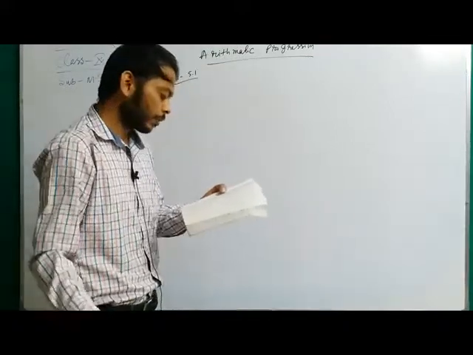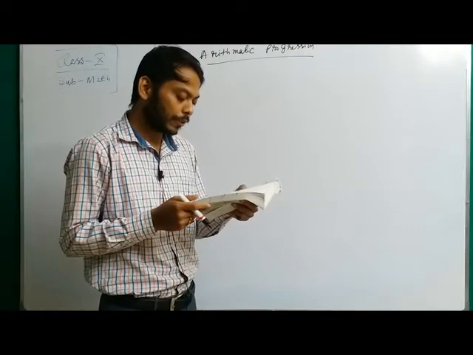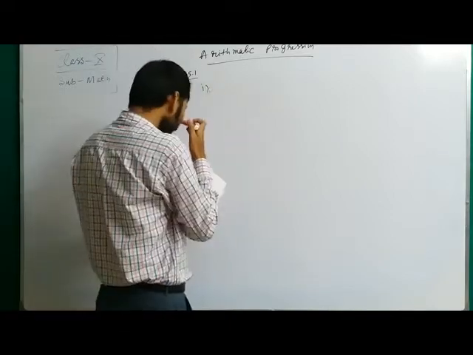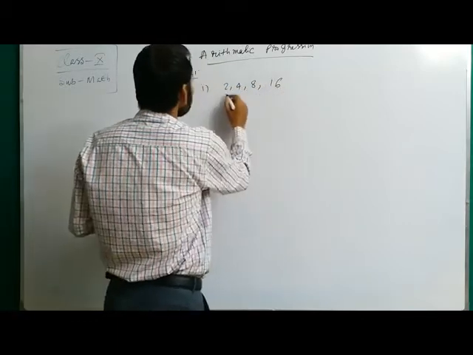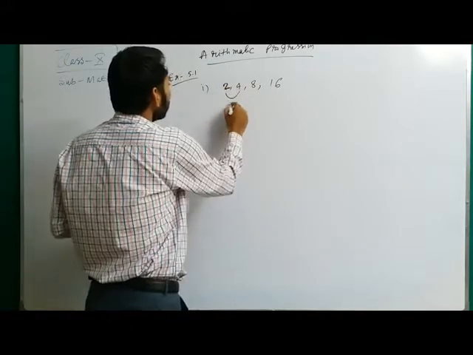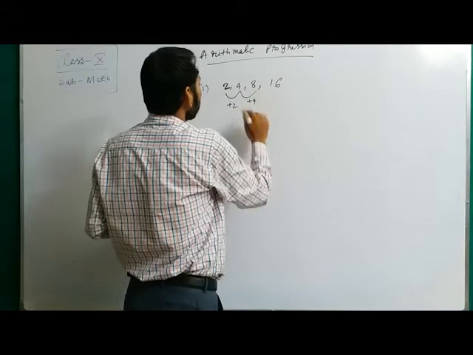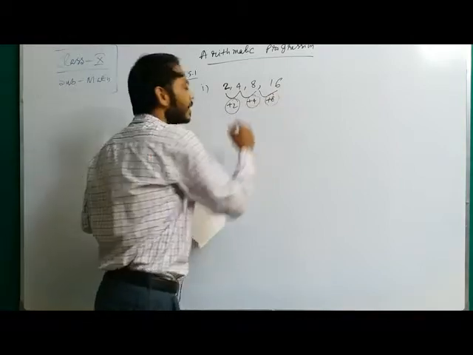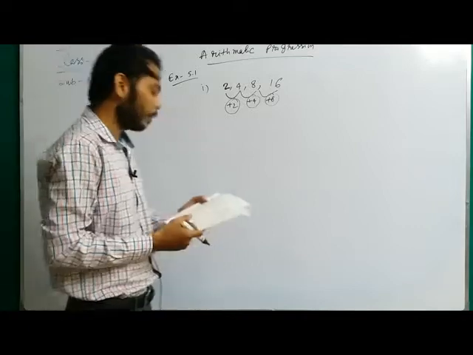Now move on to question number 4. Which of the following form an AP? If they form an AP, find the common difference D and write 3 more terms. We will solve the first one. 2, 4, 8, 16. You can see the first term is 2. If 2 is added to 2, we get the second term, that means 4. Then here 4 is added to get the third term, then 8 is added to get the fourth term. So here the added number is changing. So the common difference is changing. So it is not a common difference, so it is not an arithmetic progression.